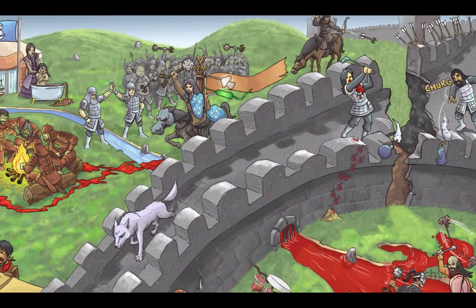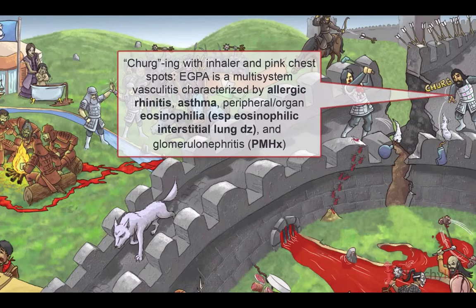Patients with eGPA will typically have a history of allergic rhinitis and asthma, symbolized by that asthma inhaler smoke bomb, if you recall. The pink spots on his chest represent the peripheral and organ eosinophilia that follows. The most commonly affected organ is the lung, manifesting as an eosinophilic interstitial lung disease with pulmonary opacities, pleural effusion,